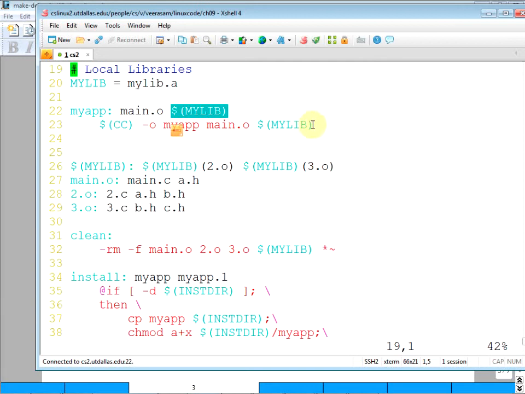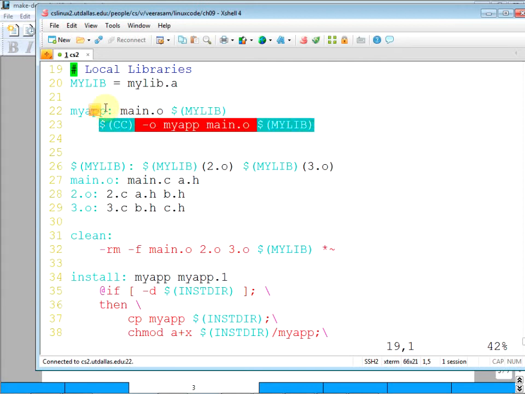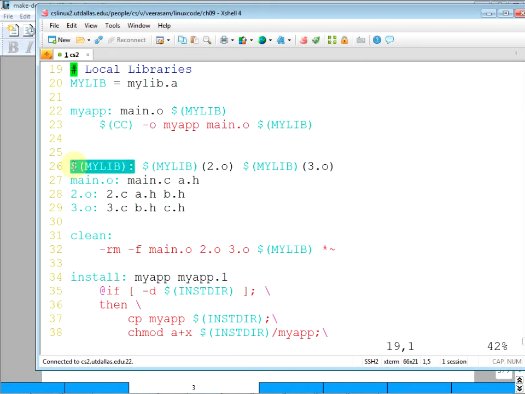Okay, and this is the command to create myapp. The library mylib depends on these things, 2.o, 3.o and all that. I don't know why main is there. Main need not be there, I think.